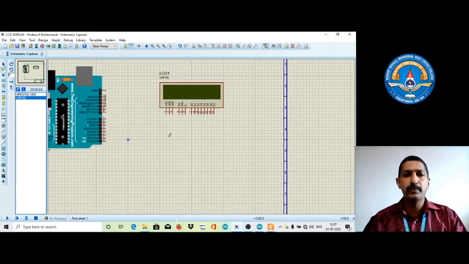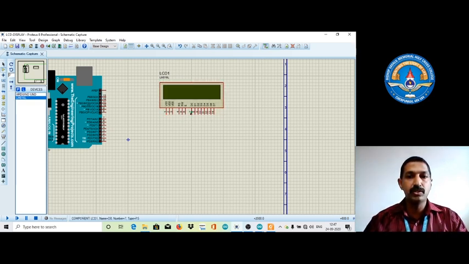We can see that many pins are here. How can we connect these pins? We have the design part of this. We need to know which pins are to be connected. VSS means power, VDD means data, and many more pins are here. One thing we need to know is that D0 to D7 are the data pins. I'm connecting all these data pins. For example, I'm using 4 pins, so I'm using 7 with data 7. For example, we just need to replace the component.